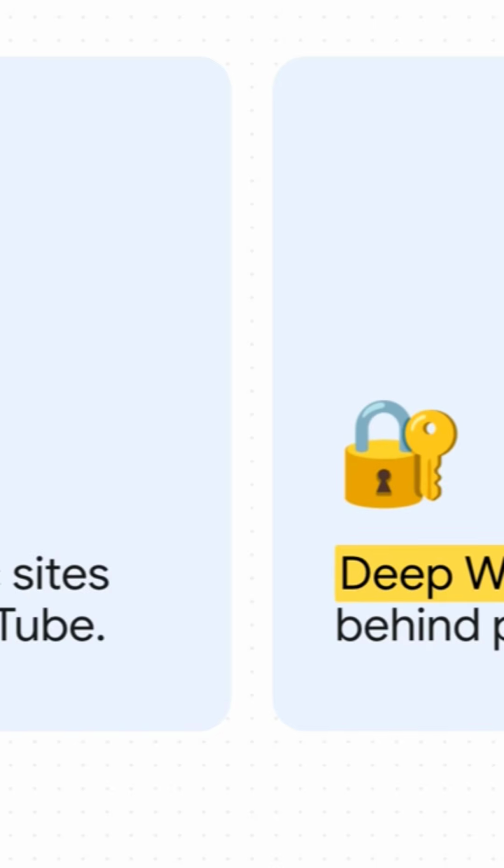But lurking just below the surface, making up the vast unseen majority of that iceberg, is what we call the deep web. And that is simply all the digital content that's intentionally hidden behind passwords and private systems. But here's the thing you should definitely take away from this. The deep web is perfectly legal. In fact, you're almost certainly using it every single day without even realizing it.